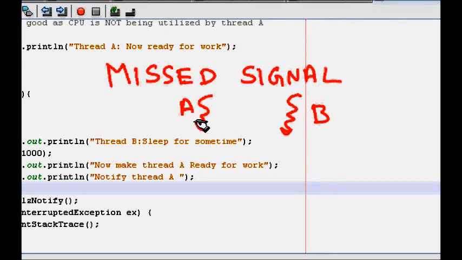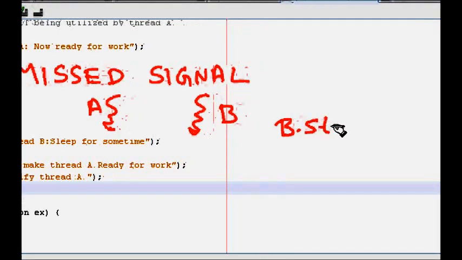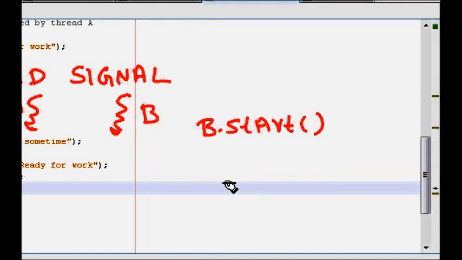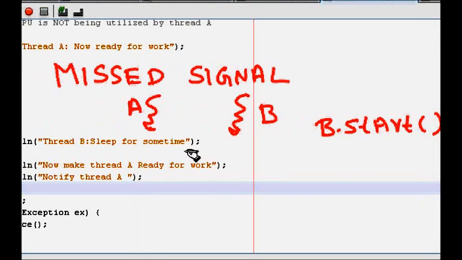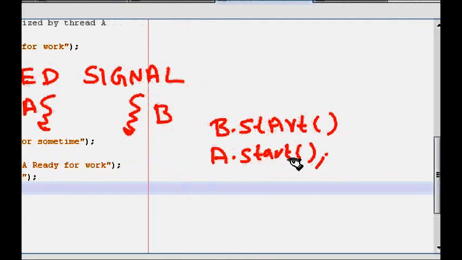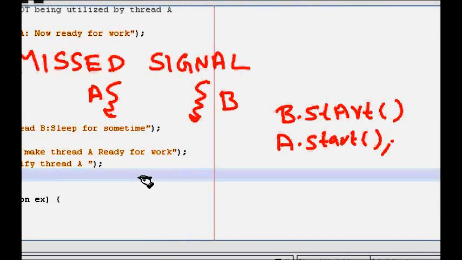Now what happens, we start thread B first. B dot start we call, so B will start its work in the run method, then we start A. Now inside the run method, let's say A was waiting,